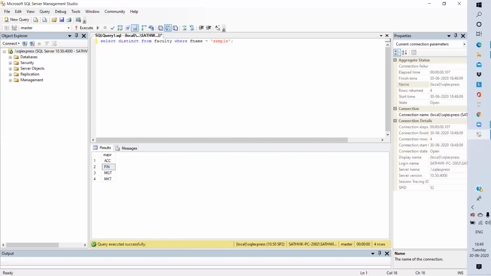Distinct department. We can use the distinct command in the faculty table also. Execute. These are the departments of faculty. The faculty are of accounts department, finance department, marketing department. Okay. Thank you.